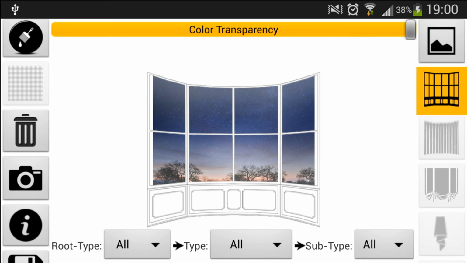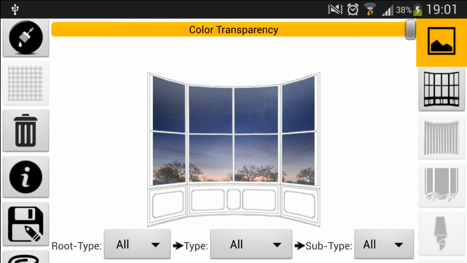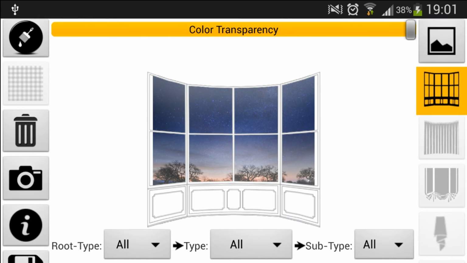On the left side of the screen I can see the camera button. It's only visible when the window icon is selected. If I select the background, it automatically disappears. When I select the window, it automatically appears on the left side.